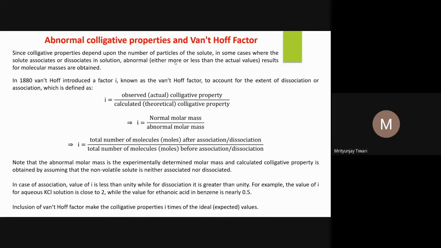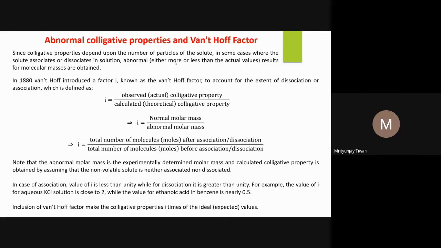The molar mass is not the same as you expected. Suppose one particle dissociates into two halves, and both halves have the same mass; the molar mass now becomes half, and this is what we will obtain experimentally. Or suppose exactly two solute molecules get dimerized, so 2 becomes 1. If all the particles associate and make a dimer, the total number of particles will be half of the theoretically calculated number.